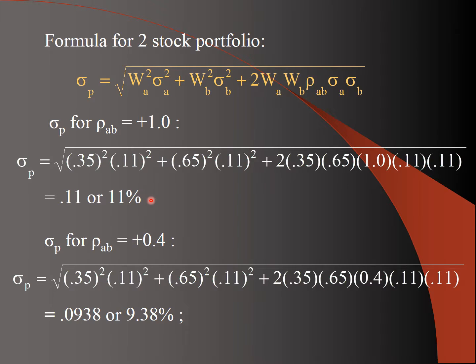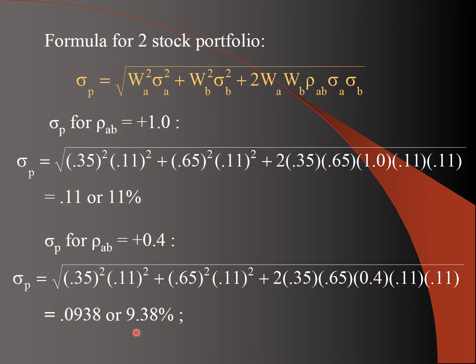Now, let's do the calculation again, but this time we're going to say that they're positively correlated, but it's not perfect. It's a weak relationship. And we're just going to make it a 0.4 and see what happens. So the only number that changes, all these are all the same, the only number that changes is the correlation coefficient, because we're using the same example. So the correlation coefficient is 0.4, and now when you do the math, you get